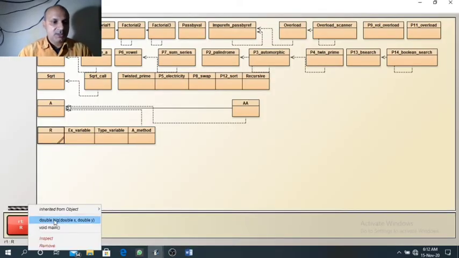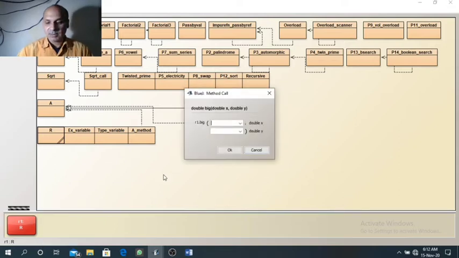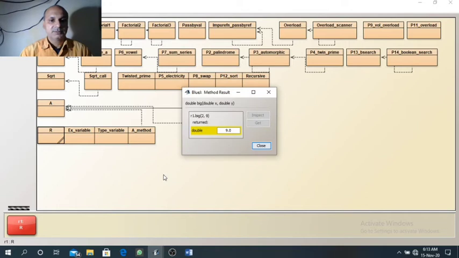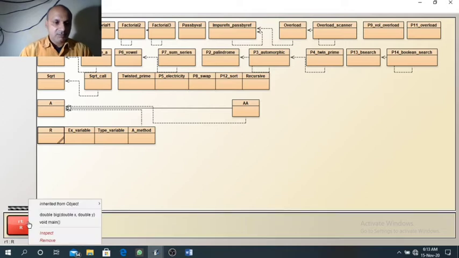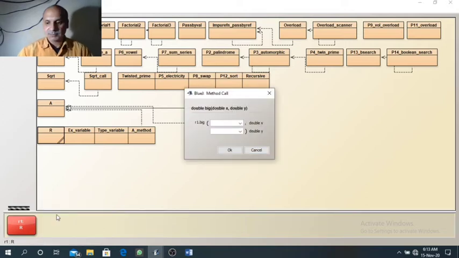Now we will run the same method big with some other values. Now 2 and 9 are entered. The larger value is 9 in this case. But when we enter both values the same, in that case the function is designed to return 0.